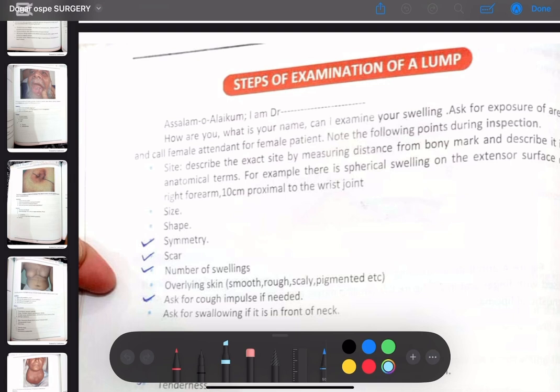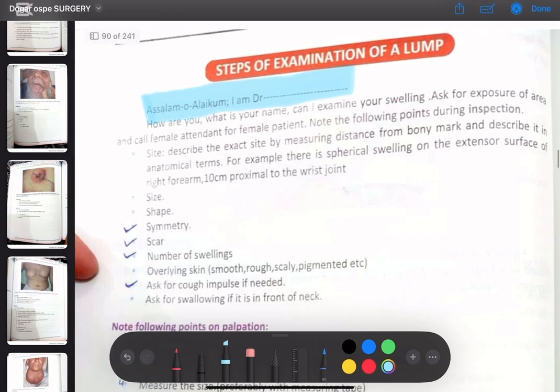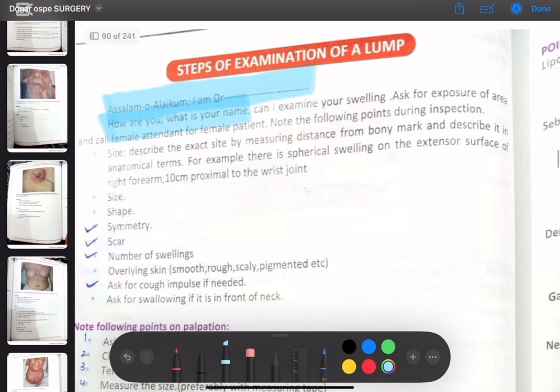So first of all, you have to say the greetings and tell your name, that I am Dr. Dej. Then ask the patient, how are you? What is your name? And then, can I examine your swelling? Ask for the exposure of the area and call a female attendant for a female patient, and note the following points